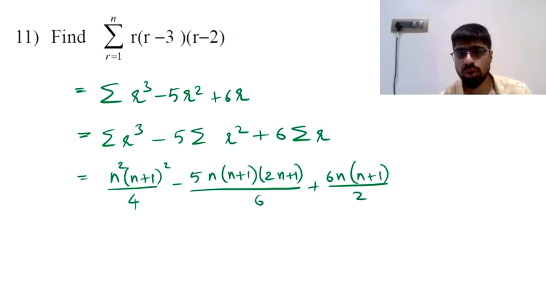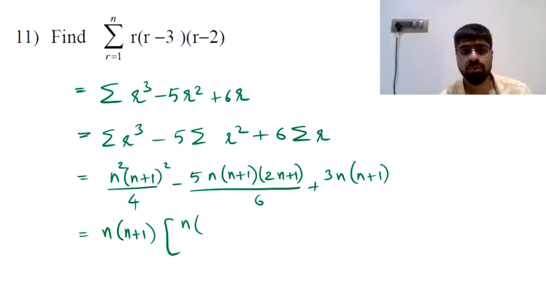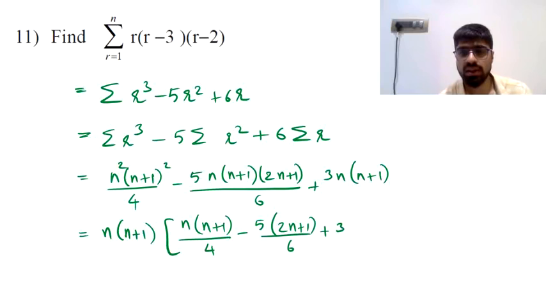So you can cancel off this 2 here and a 6 here, making it 3. And finally we can take n plus 1 common from all the brackets that we have, so that will leave us with n plus 1 divided by 4 minus 5, and 2n plus 1 upon 6 is all that we are going to be left with, plus there's a 3 that we will be having here, so we have n into n plus 1,